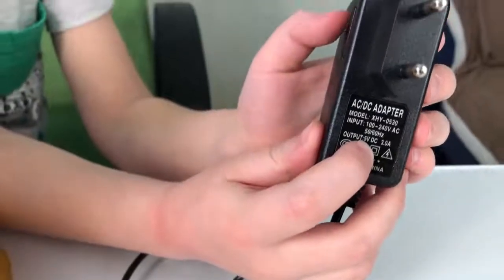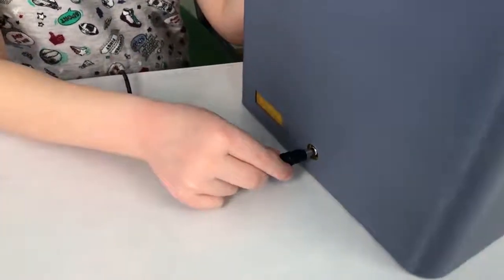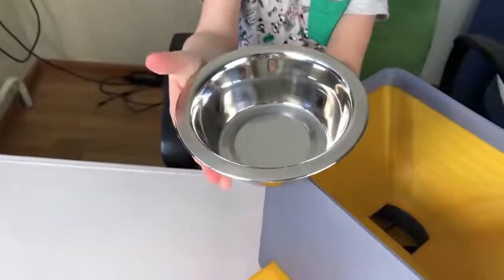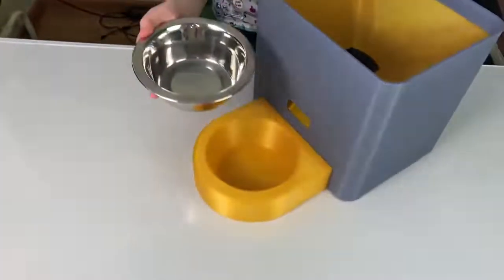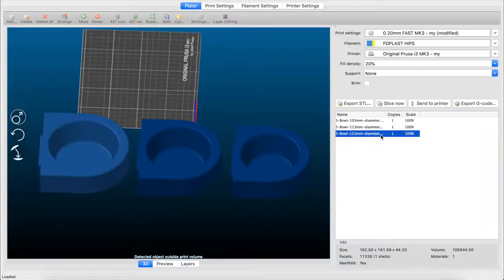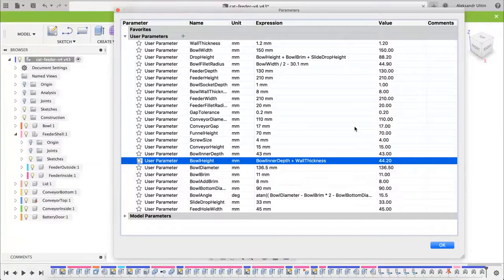5 volts 3 amps power supply. A right-angled version is better. Maybe someday I'll make a side socket version of the feeder. Stainless steel bowl is optional, but it can help to avoid cat acne. It's also dishwasher safe. There are several versions in the package, but you can make your own by changing these